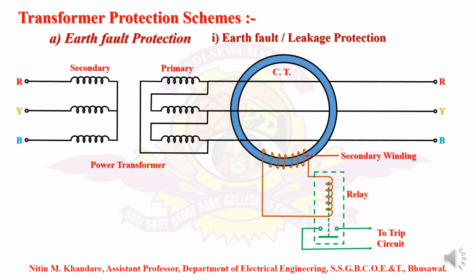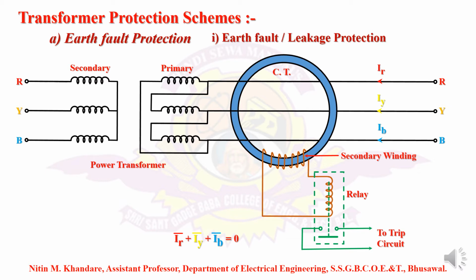Now whenever the supply is connected, each phase carries current. There is the current of the R phase, that is IR, that of the Y phase, IY, as well as the B phase, IB. If everything is normal, then the vector sum of all the currents is equal to 0, and as the vector addition of the three currents is 0 through the core, no flux will link with the core of the CT, and that's why no EMF is induced in the secondary of the CT, resulting in no current carried by the relay coil.